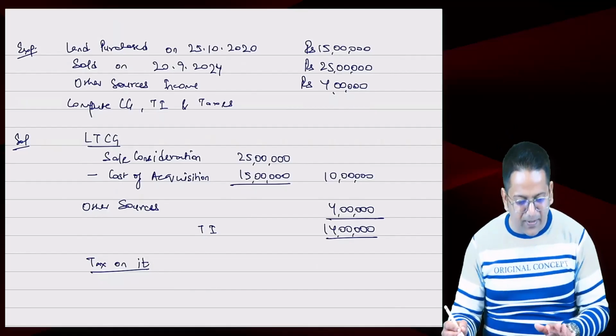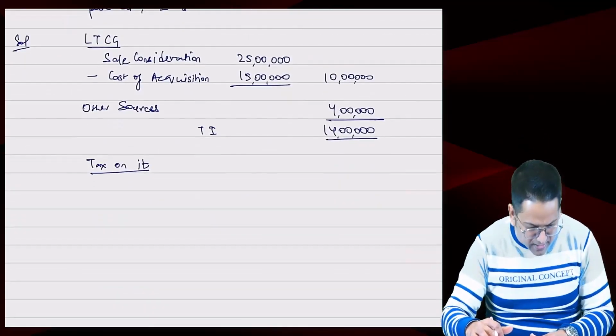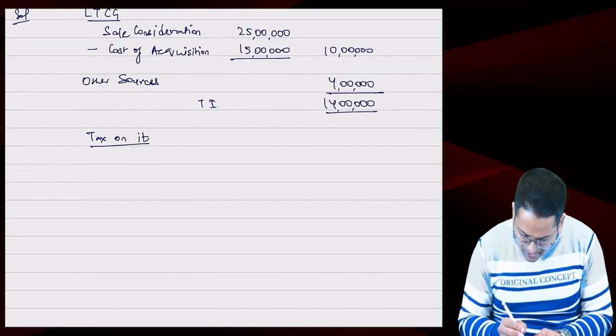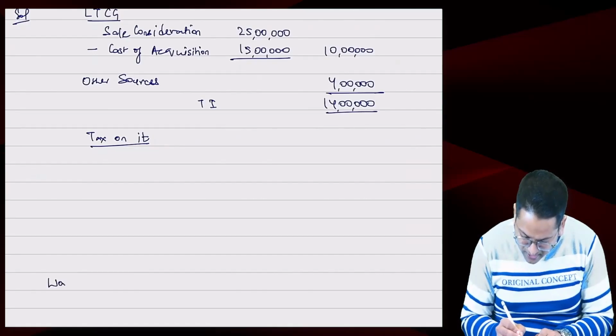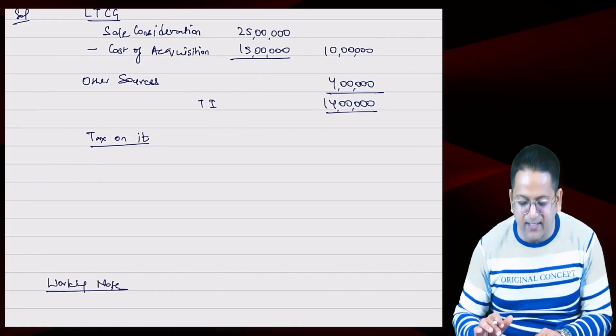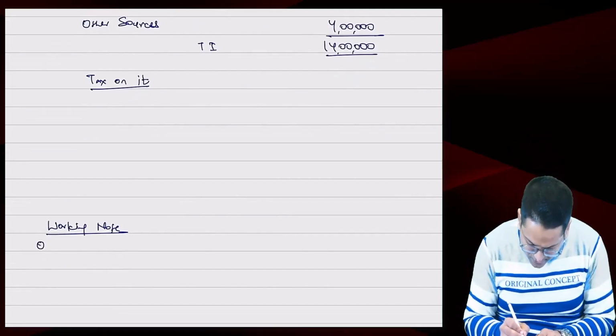Now there are two ways to calculate capital gains tax. Okay. So now what will we do? We will go to the working note. And in that working note, we'll calculate the tax from both options. And the tax that we think is better, we will write that tax above. Did you understand? Now come to the working note, write option 1.